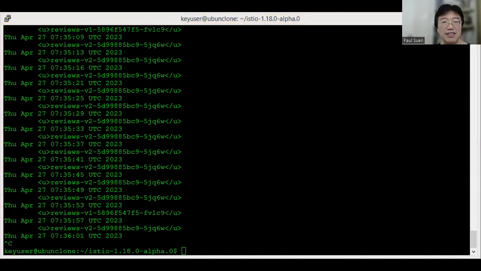So that more or less comes to the end of our trying and experimenting with the ambient mesh with a limited amount of work. Finally, we just undo the Istio ambient mesh and the Bookinfo sample app.